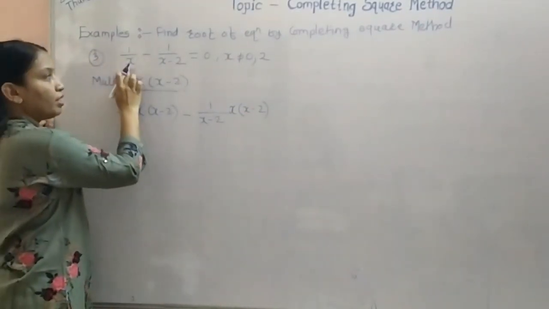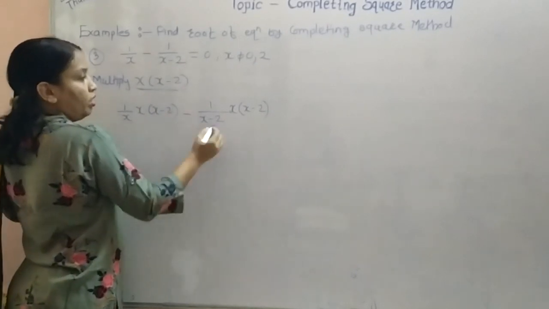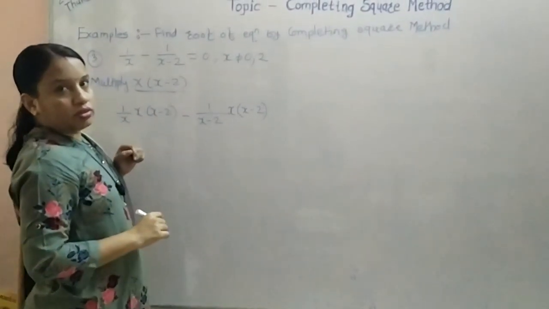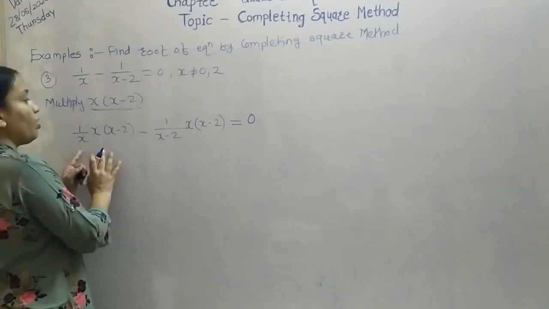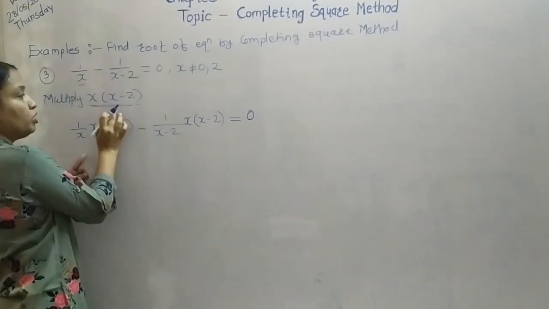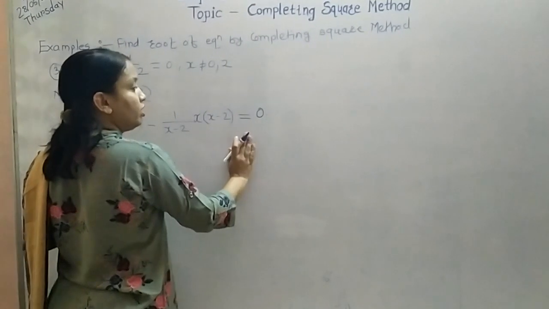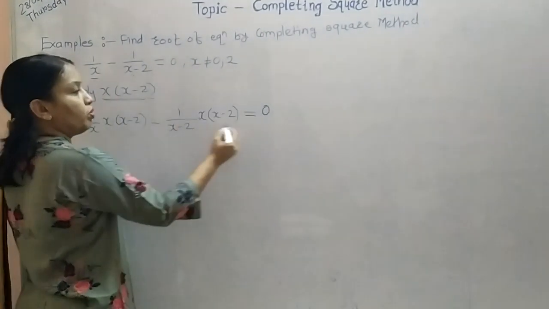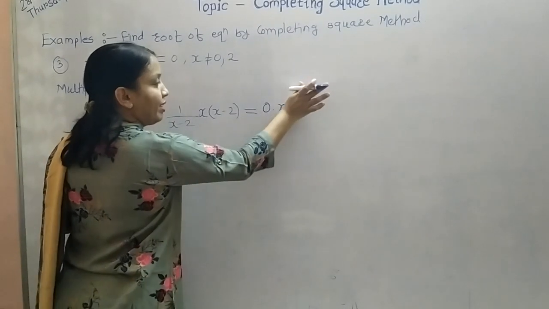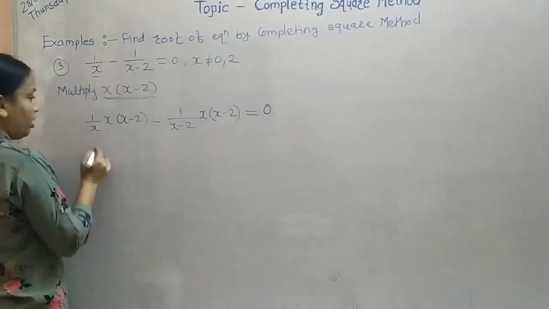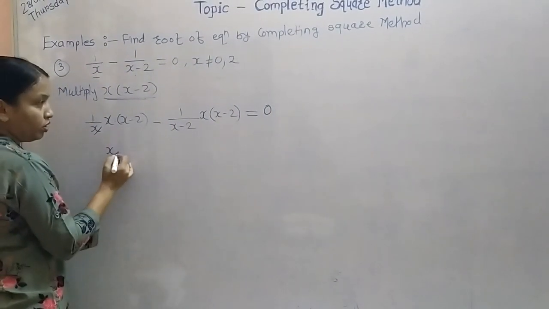And then if you are multiplying this, okay, first into this complete and 0 into this, you are multiplying the LCM of these two to each of the terms, and 0 into again this x into x minus 2 will equal to 0. So I am writing only 0. Okay, now this x gets cancelled. What is remaining?